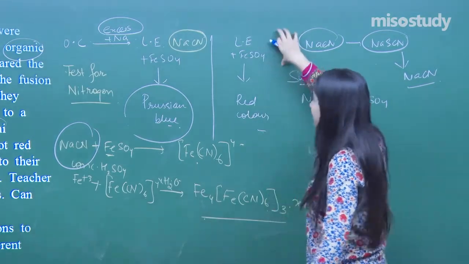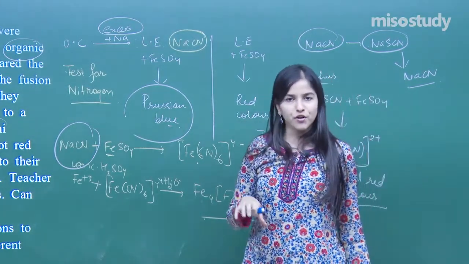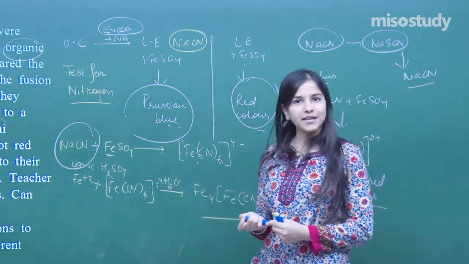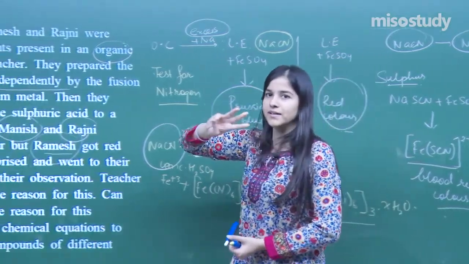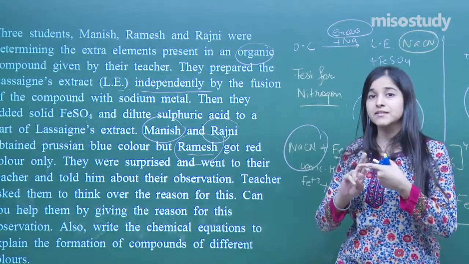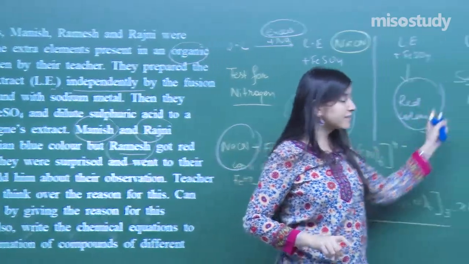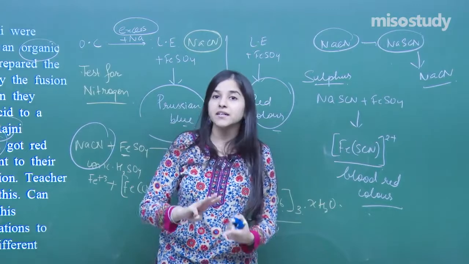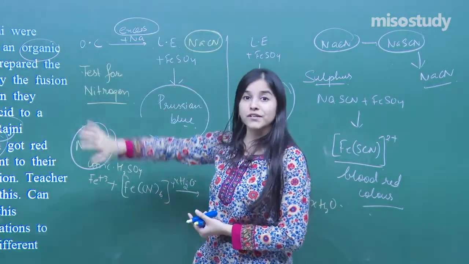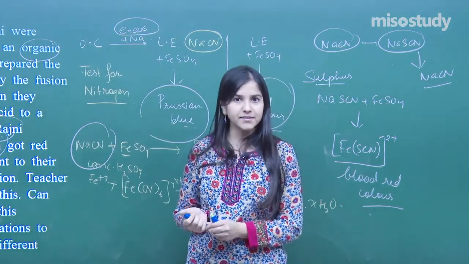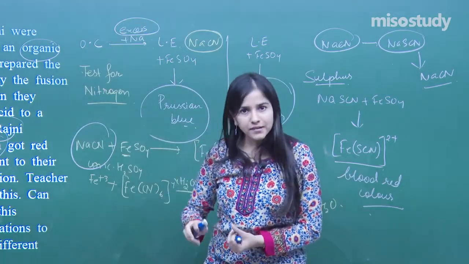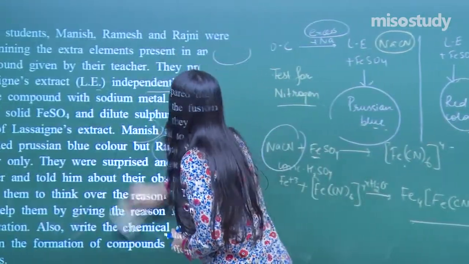Yes, Ramesh has taken up a limited quantity of sodium for the fusion and he got the red color. Clear about it? So there were three things in this question. One, the general reaction for the nitrogen test. Second, when the sulfur gets hindered, what will happen? And third, why the presence of sulfur is not affecting this test, right? Because the sulfur gets decomposed if we take up excess of sodium. Clear? So that was an important question.